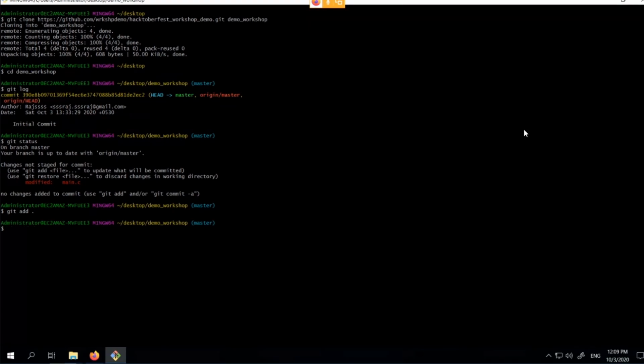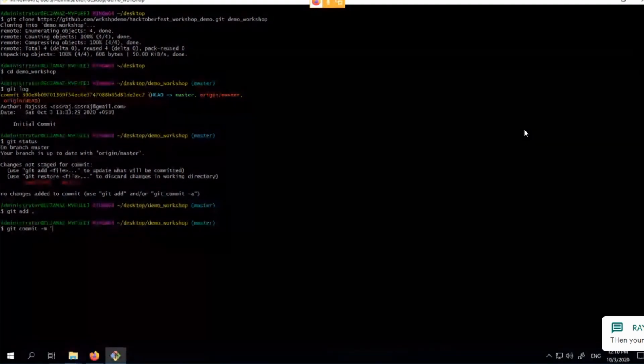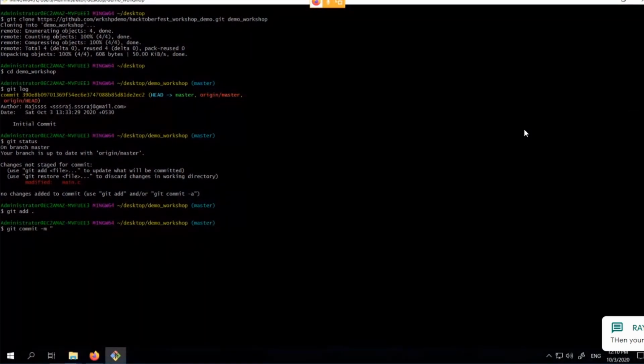It adds all those changes to be committed, and then to commit, we use the command git commit dash m. Dash m is used for the commit message. For the commit message, we will write what exactly we made changes to: add subtract method.